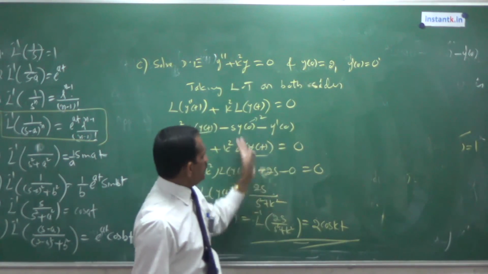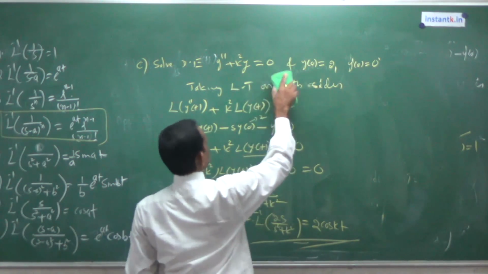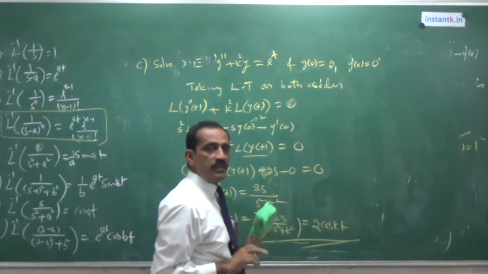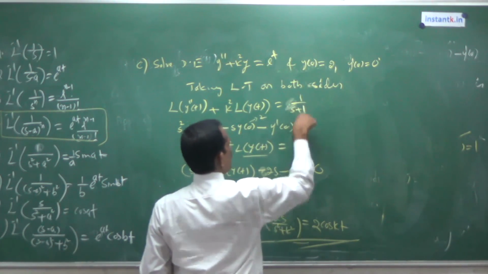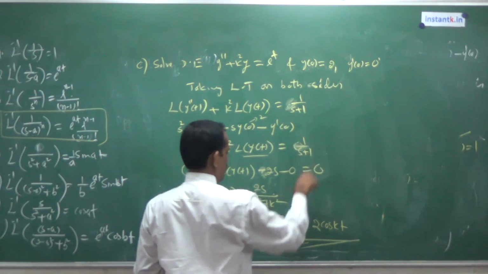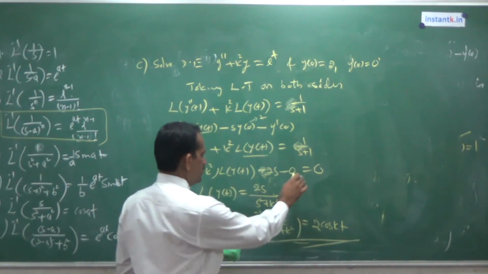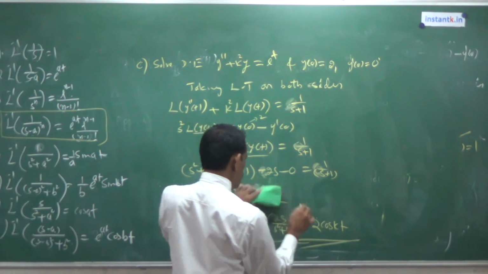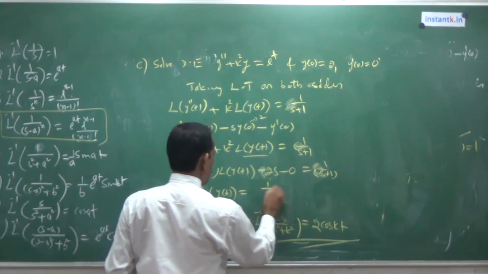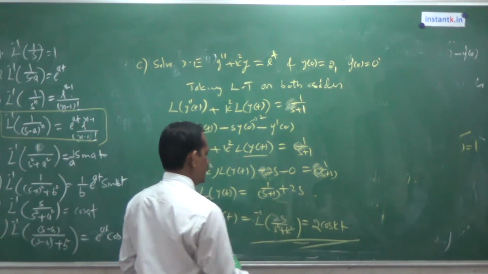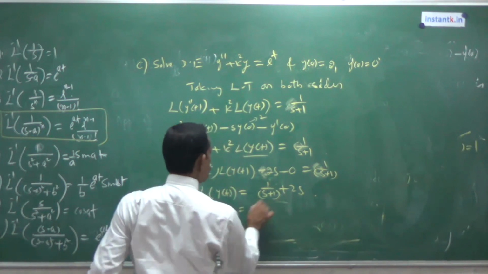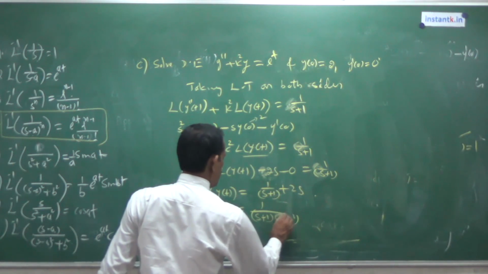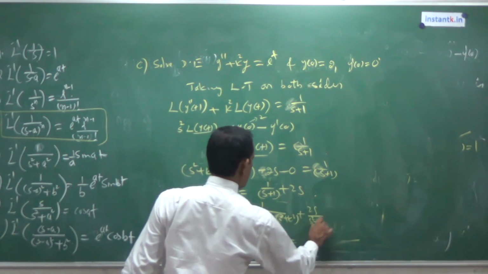Right hand side not equal to 0 means, for example, if it is e power t, then here we have to write the Laplace transform of e power t, that is 1 over s plus 1. So the right hand side is 1 over s plus 1. Then 2s taken to the right hand side, plus 2s we get. While dividing by s squared plus k square, you get 1 over s plus 1 into s squared plus k square, plus 2s by s squared plus k square.